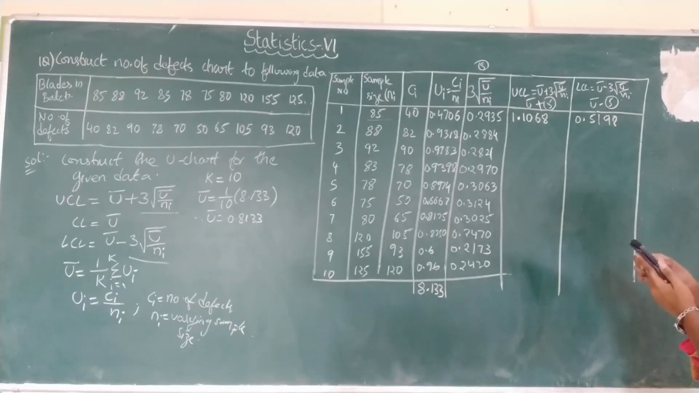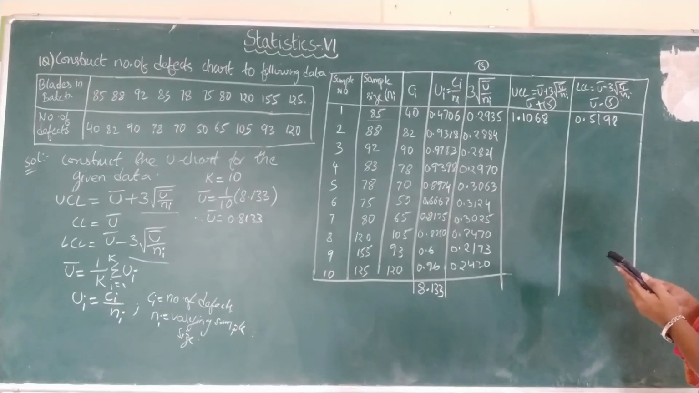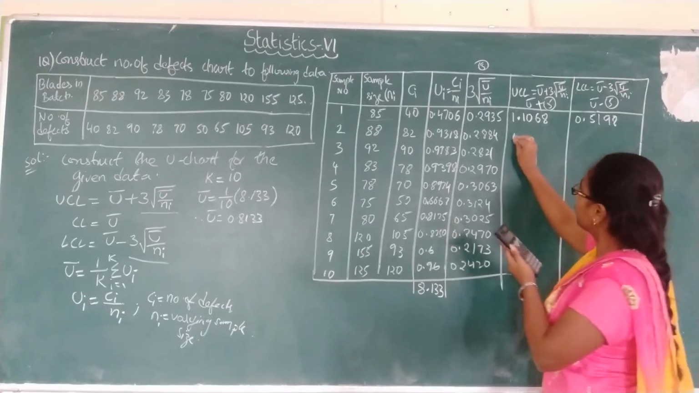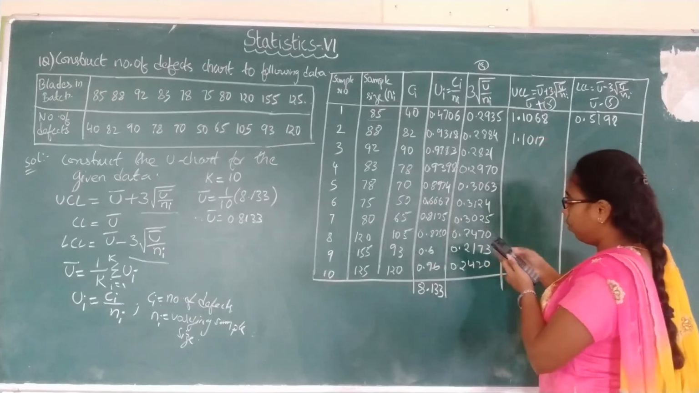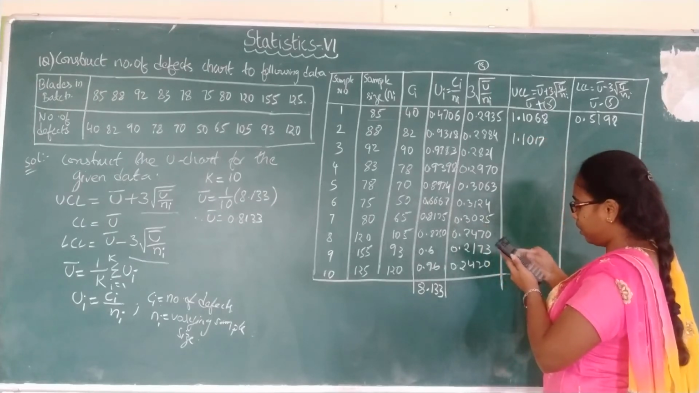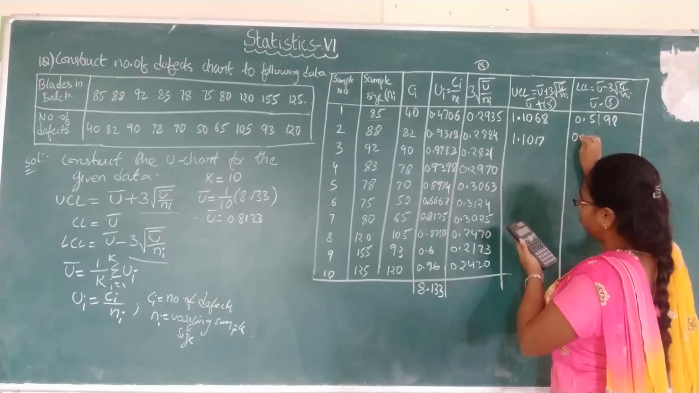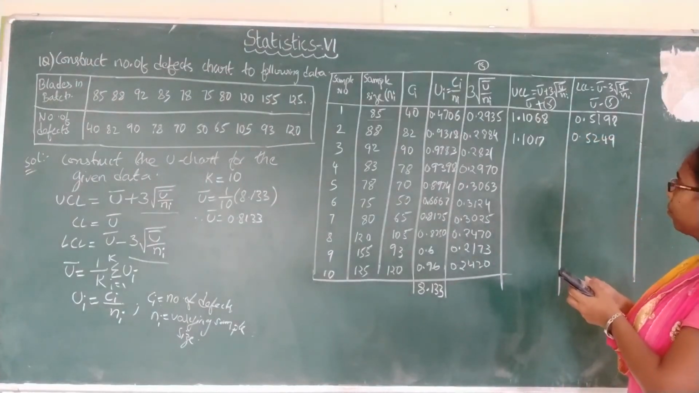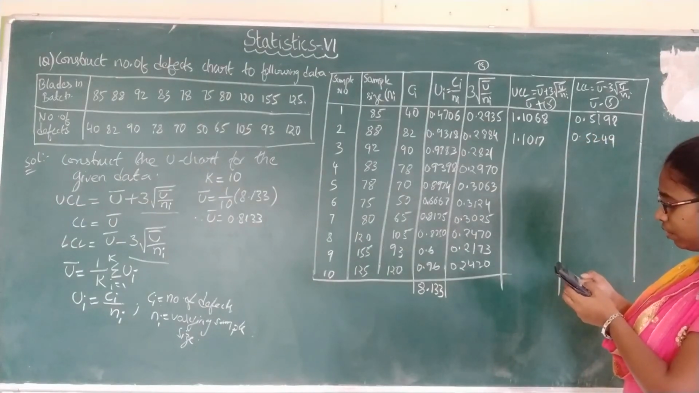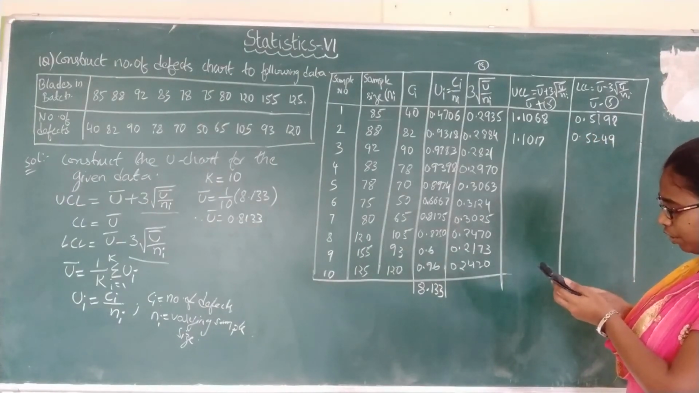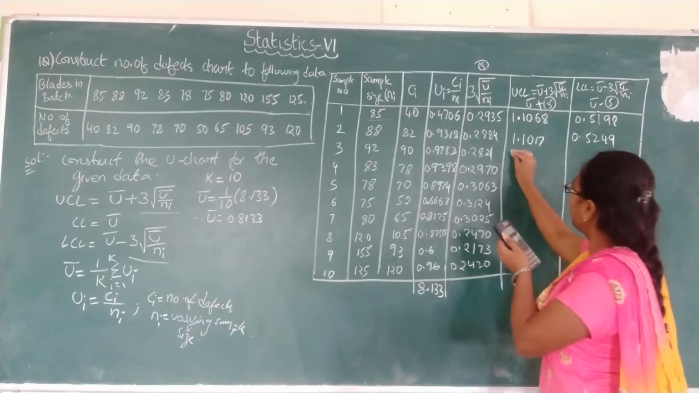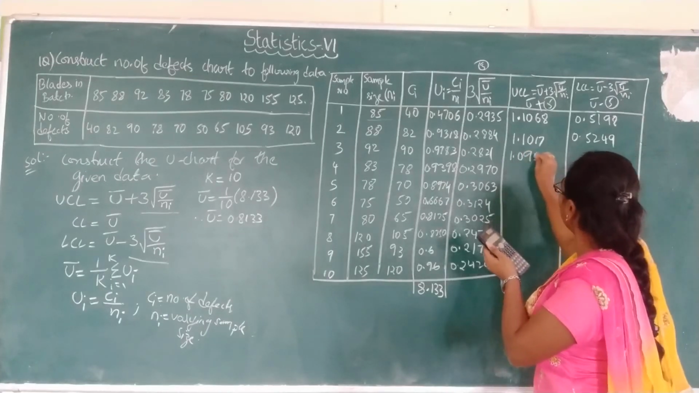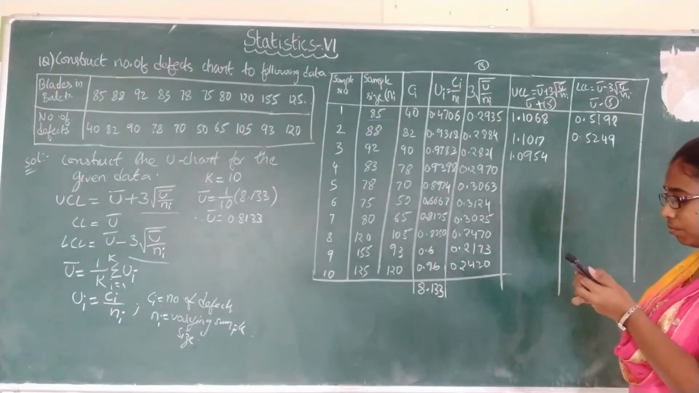So second column value is U bar value as it is 0.8133 plus 0.2884. Answer is 1.1017. Put minus in place of plus, you will get LCL value as 0.5249. Similarly, the next value 0.2821. So plus 0.2821, we will be getting as 1.0954. Now put minus,